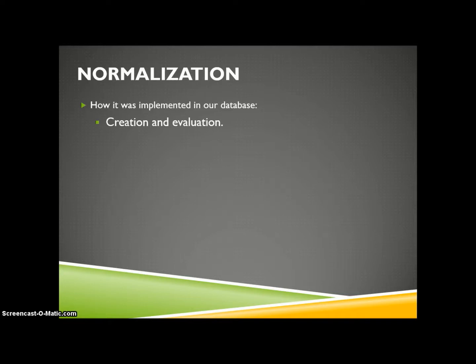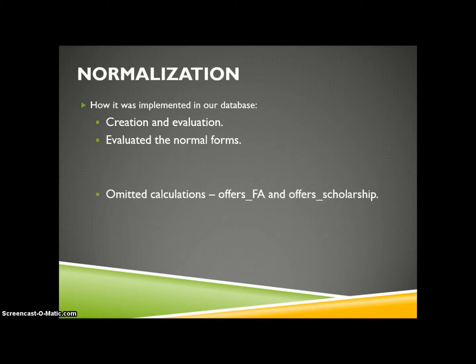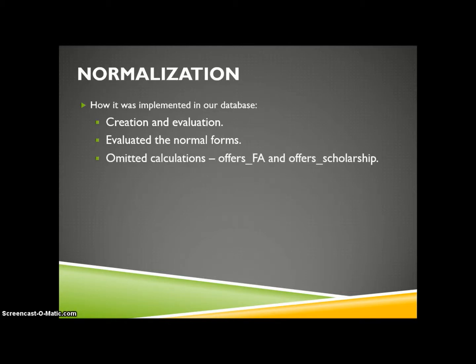First, we began with creating functional dependencies for all the relations. Then we tried to evaluate all these functional dependencies to find out if they are good, bad, very good, or very bad. We tried to ascertain into which category each of these functional dependencies fall into. We then evaluated the normal forms of the tables based on the functional dependencies that were ascertained in the case of each of these tables.